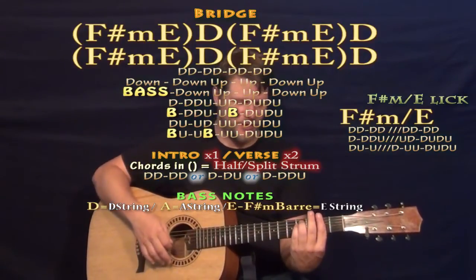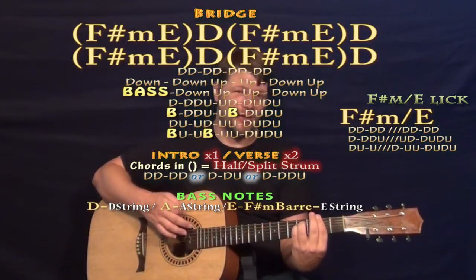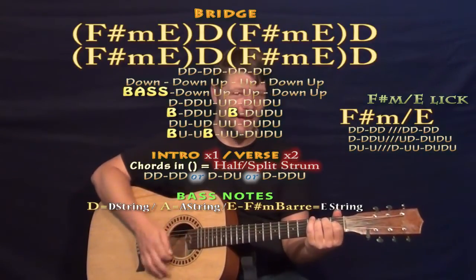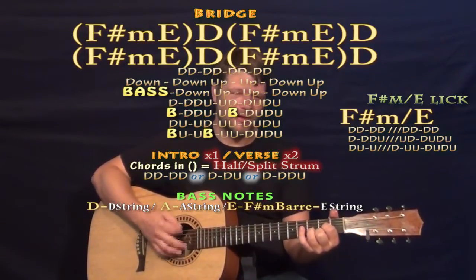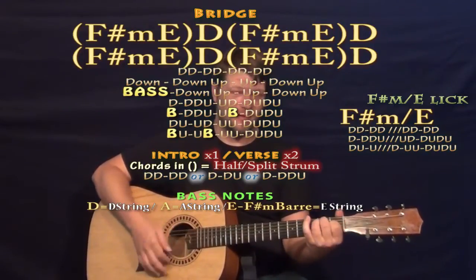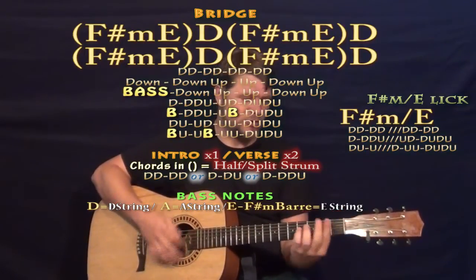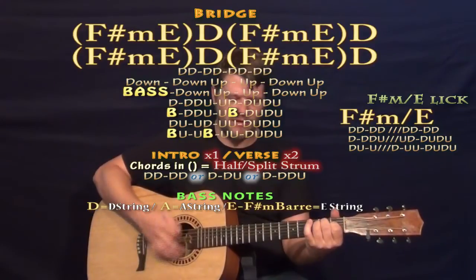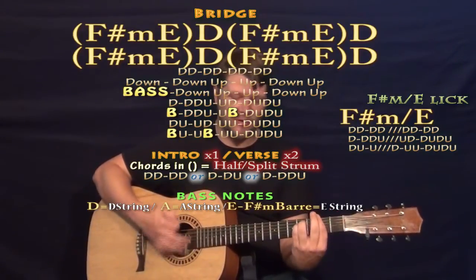very cool to mix it up this way. You do the bass up, up on the F sharp minor, and then go to the E for the bass, up, down, up, and then do your whole pattern on the D. So F sharp minor, bass, up, E bass, up, down, D, F sharp minor, E, F sharp minor, E,